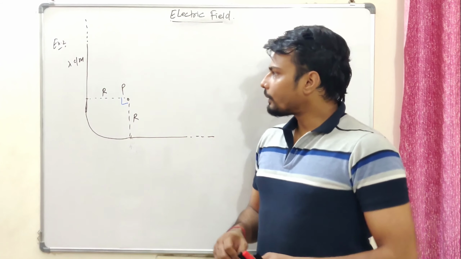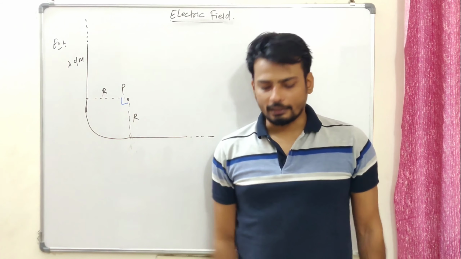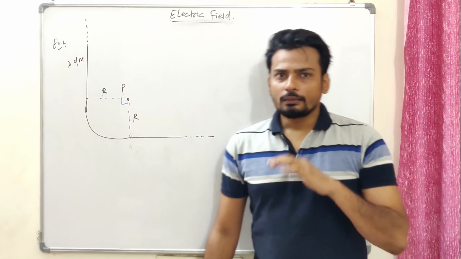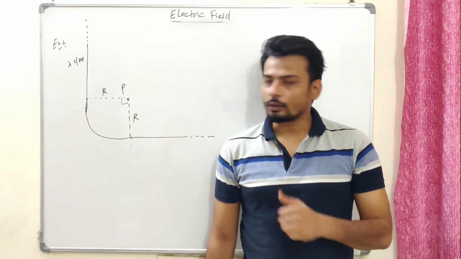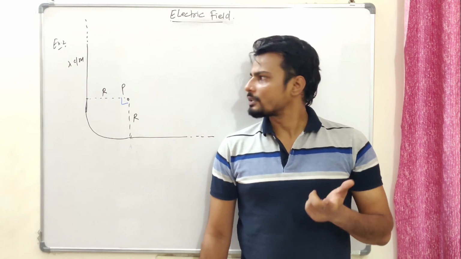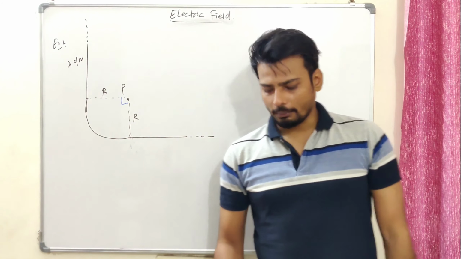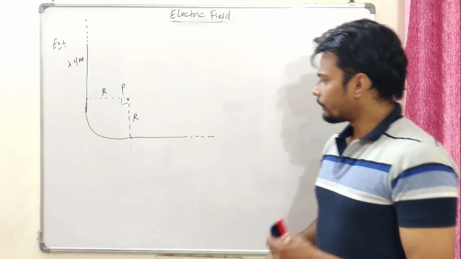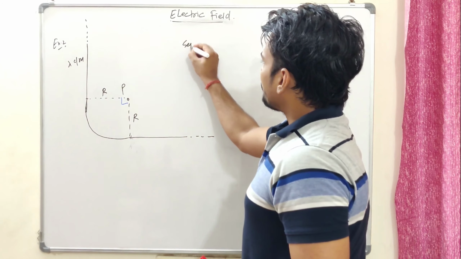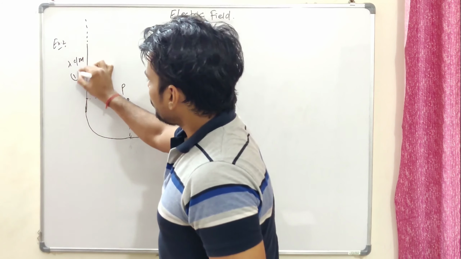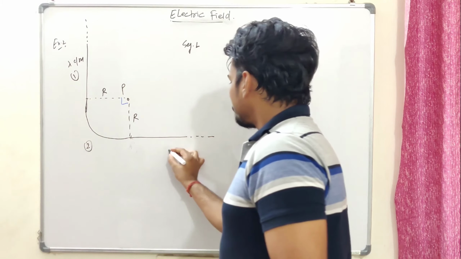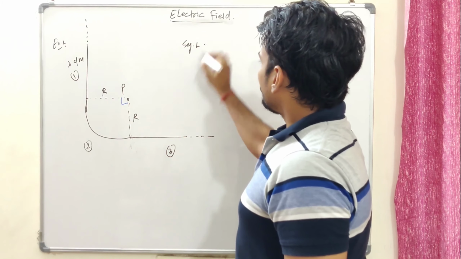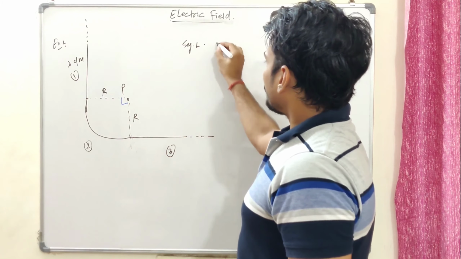Now, if you have a good amount of imagination, you can get this easily, but I'm going to deal in terms of vectors so that the calculations remain correct and there is no chance of making mistakes. I'm going to discuss these things in three segments, 1, 2 and 3. Because of segment 1, we're going to find the electric field.